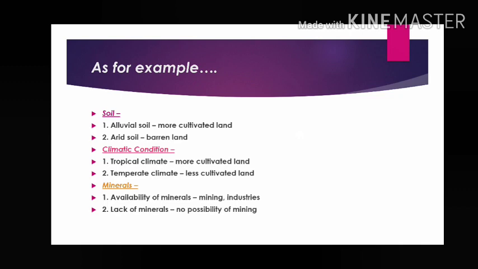So there is no use of land. It is mainly remaining vacant. That means it is called barren land. Not in use for crop cultivation. Maximum area remains vacant. That's why it is called barren land.